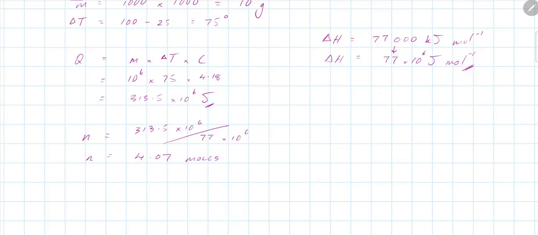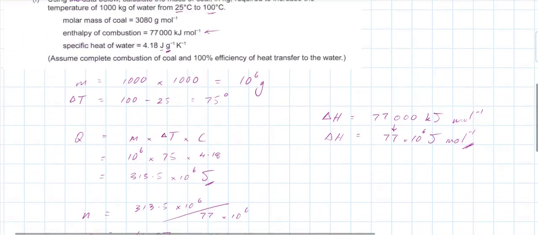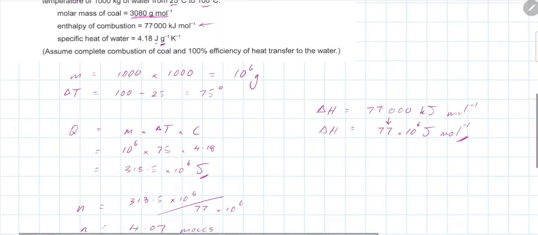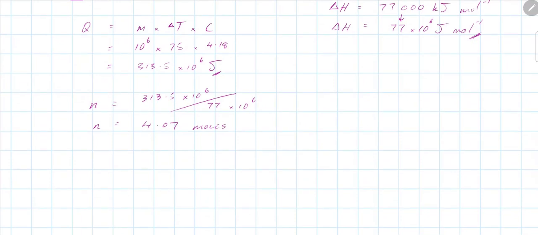All right. Now, the question does ask, how much mass are we going to need? So we can't just leave it in moles. Now we are told what the mass of 1 mole is. So we simply go mass is equal to moles times relative molecular weight, which is going to be 4.07 times 3080, because that's the mass of 1 mole, and that gives us